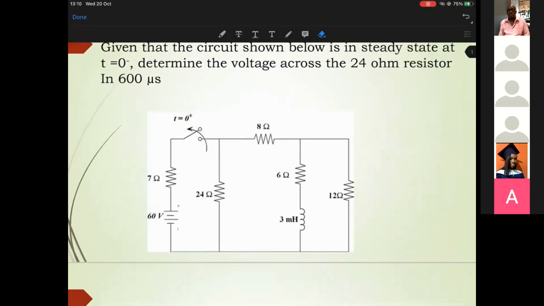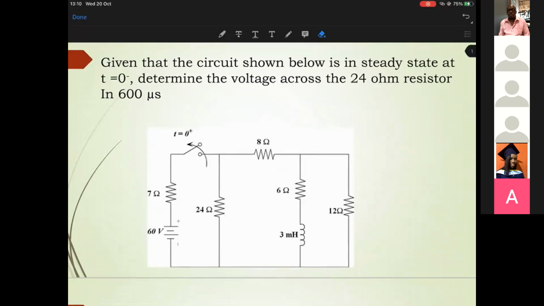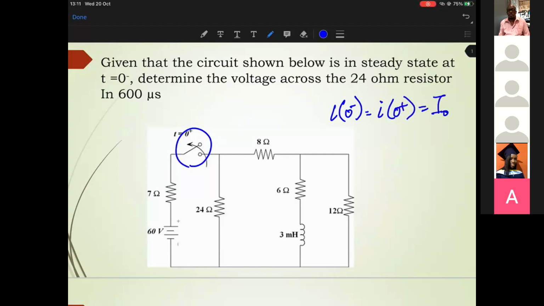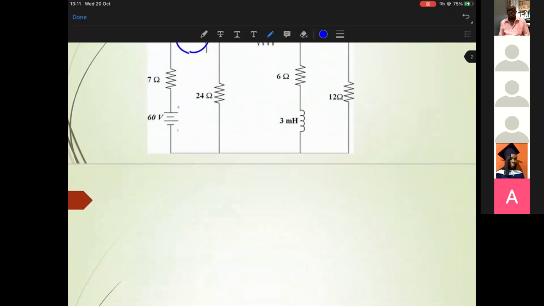As Miss Hanson correctly pointed out, we first need to know, because we are going to be opening the switch, and we're already told that the circuit was in steady state at t equals 0 minus, meaning it's in steady state just before we open the switch. Then it means that our inductor is going to be represented by a short circuit. So what I want to determine is the current at steady state. We know that I0 minus is equal to I0 plus, and this is going to be the initial current through the inductor. So in finding I0, RT, from the perspective of the 60 volt source,